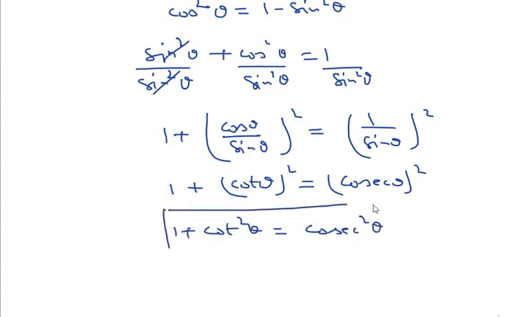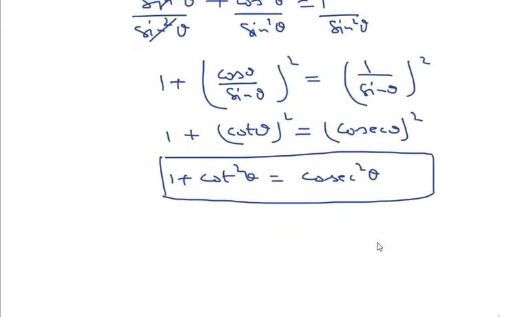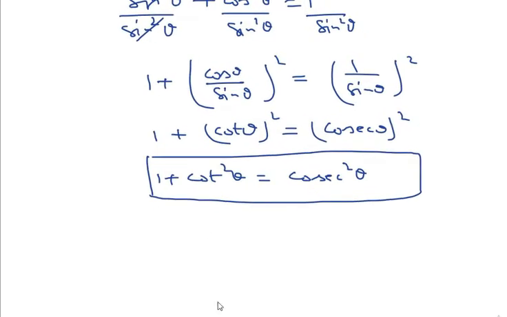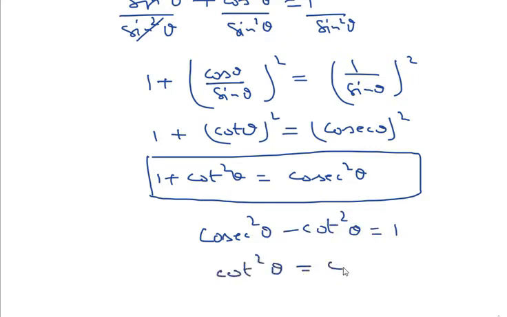Please note down. And with the help of this identity we will find more relation, that is cosec square theta minus cot square theta is equal to 1, or cot square theta will equal to cosec square theta minus 1. So I think it is simple to learn.